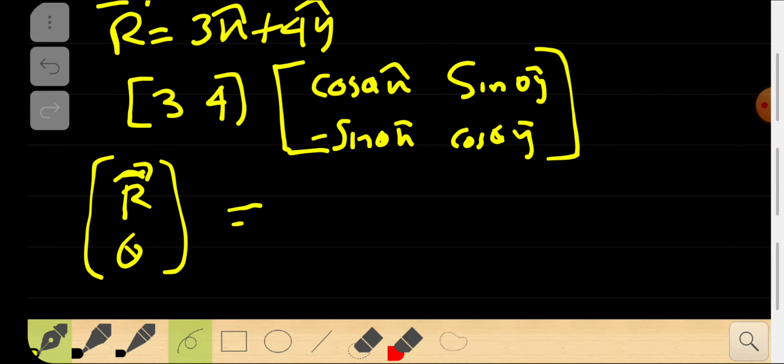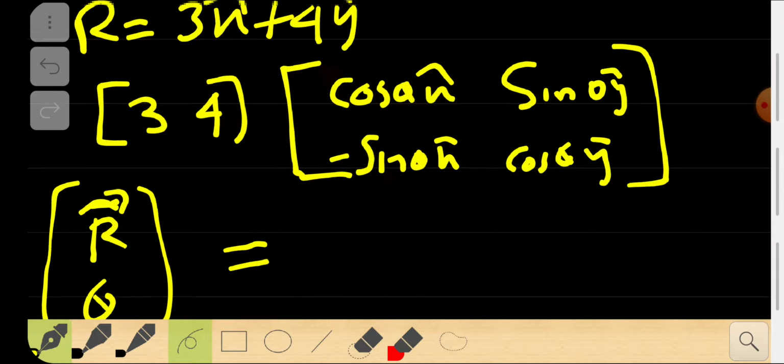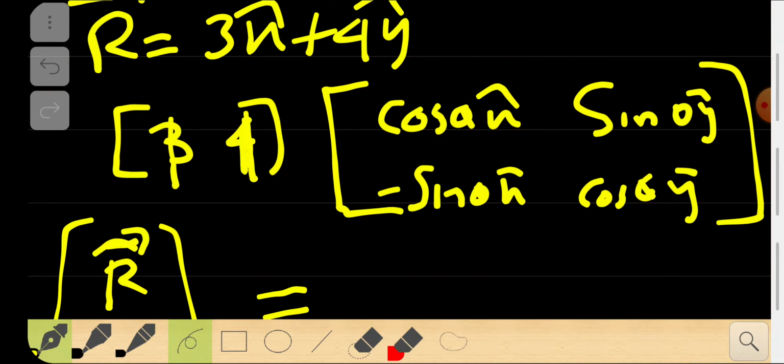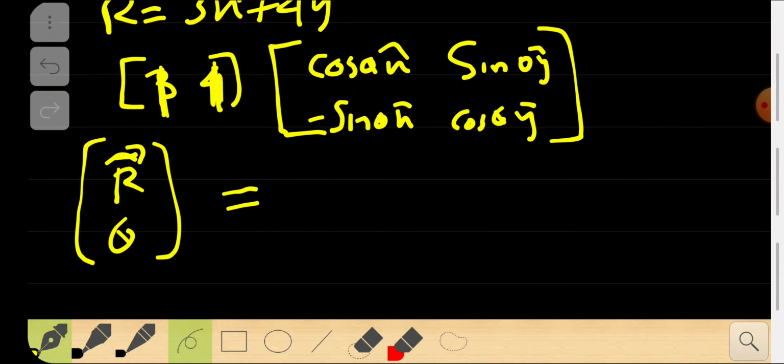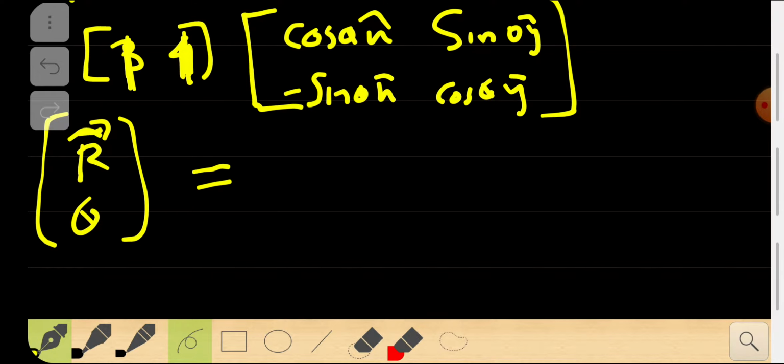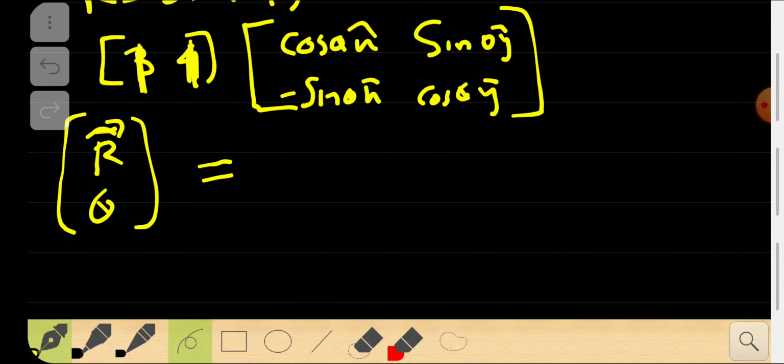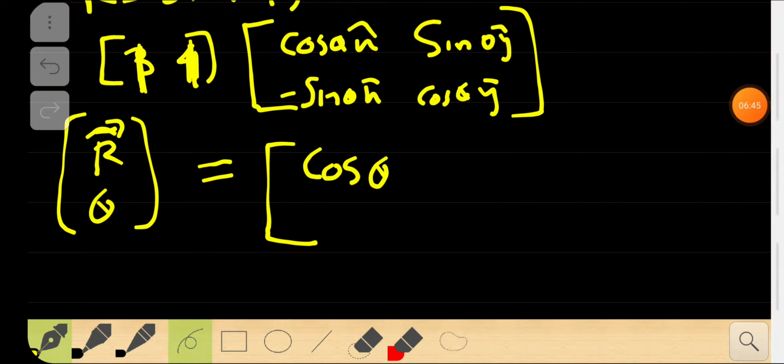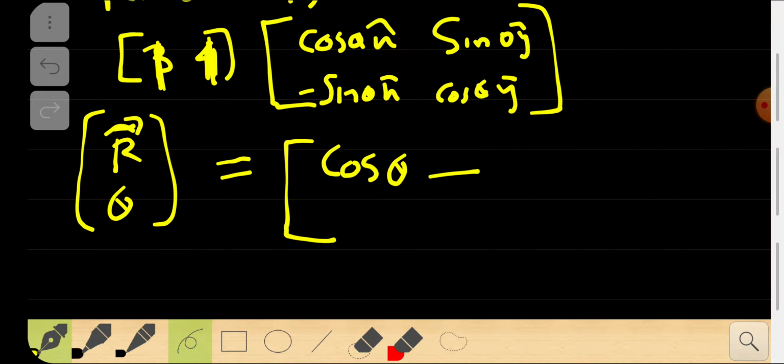Now when you multiply, I'm going to substitute these values to be equal to 1, right? So I want unit vectors, that's why. Okay, so I just represented that as an example for you guys to understand. Now I want unit vectors, so I'm multiplying it with 1, and what you get is the new vector space, which is cos theta times x. Okay, so that's cos theta, minus sine theta